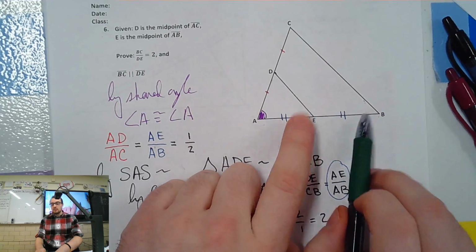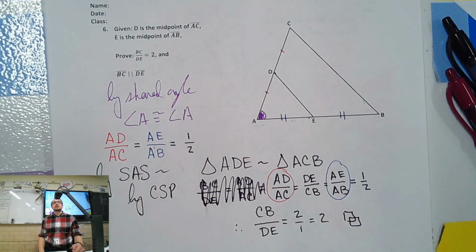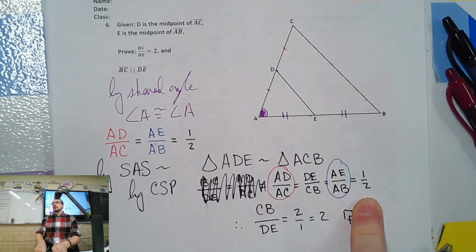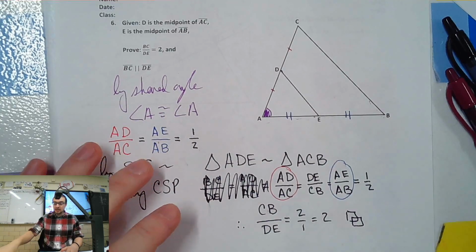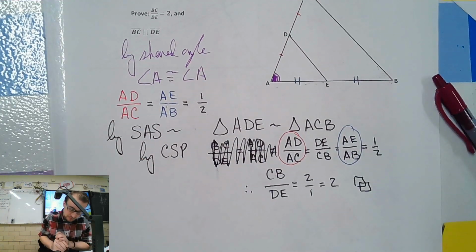We know the triangles are similar, right? Similar triangles have proportional sides, right? In this case, it's by a half. And they have what with their angles? Same angles, congruent, right? Their angles are congruent. So we're going to use CSP to get the angles as well. So also by CSP,